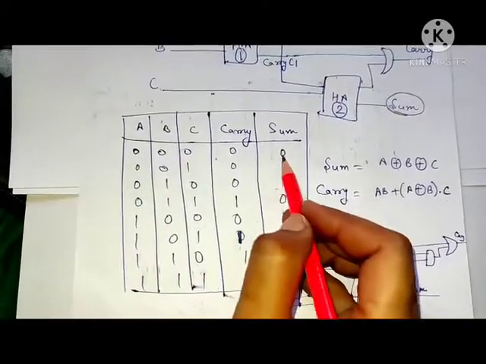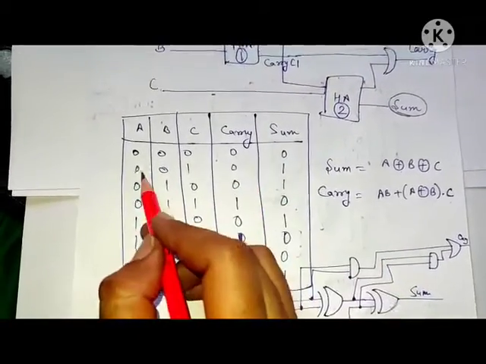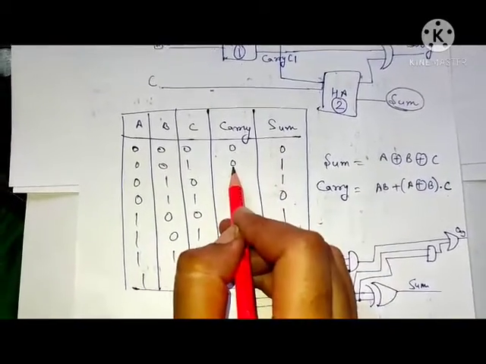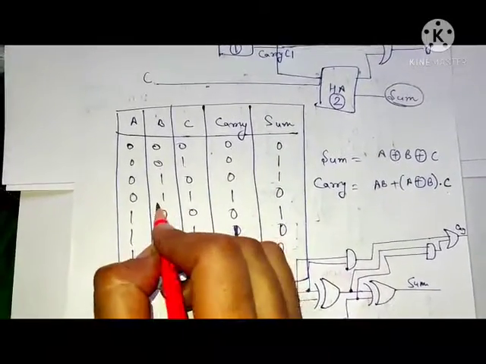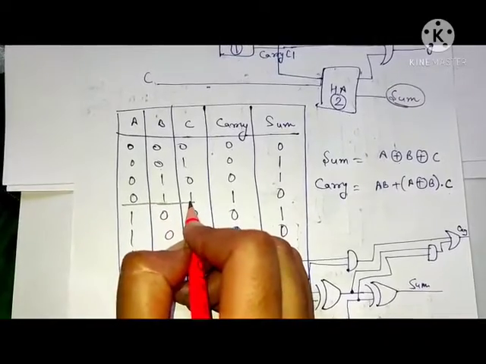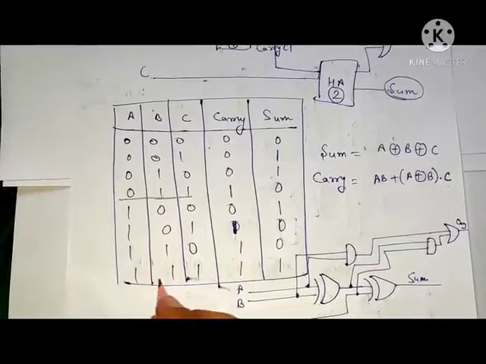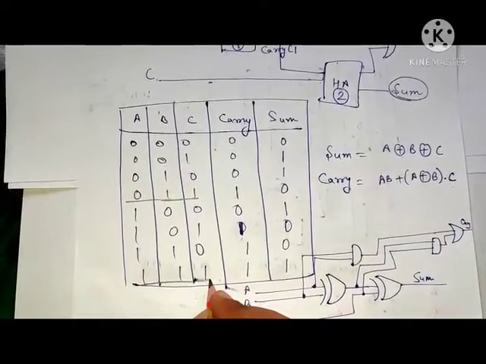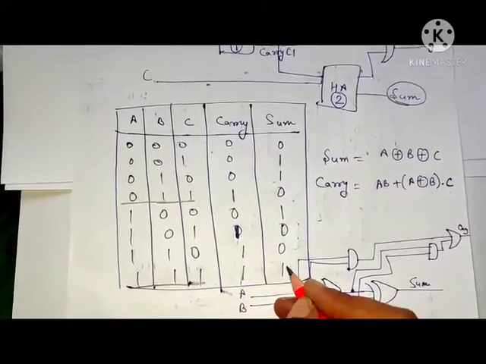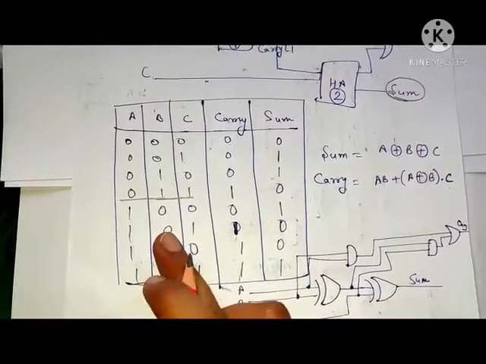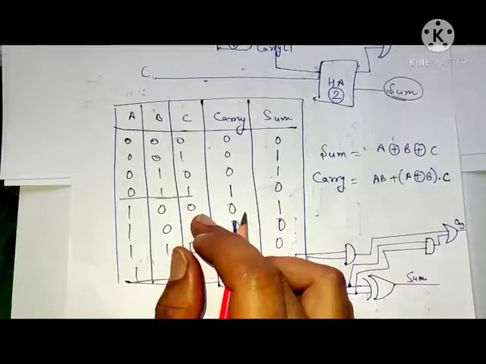If the zeros are added, sum is 0, carry is 0. If 0 plus 0, 0 plus 1, sum is 1, carry is 0. Here look at this, 1 plus 1, sum is 0 and carry 1. See here, if it is triple 1, then carry will also be 1 and sum will also be 1. Yes, you have to add these digits by using binary addition.